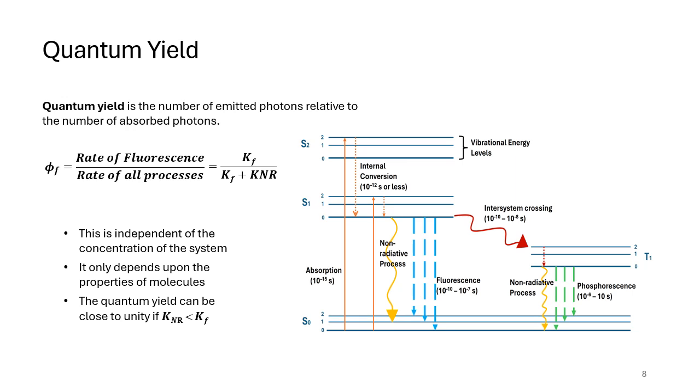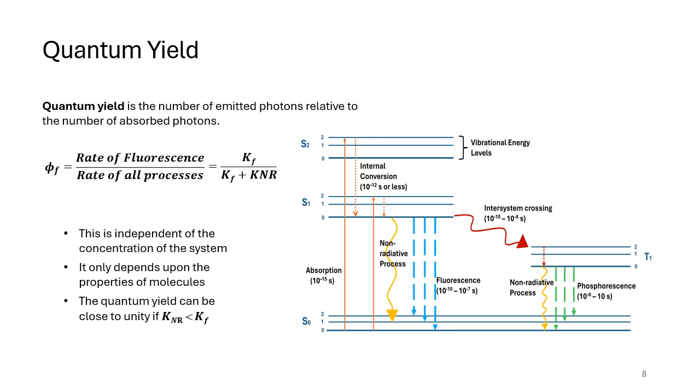When the rate of the non-radiative process is very much smaller than the rate of the fluorescence, at that time quantum yield tends to unity. When both of these processes have similar rates, at that time quantum yield is nearly 0.5, and